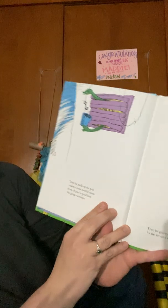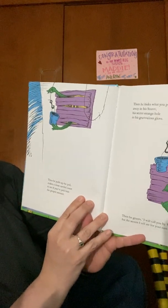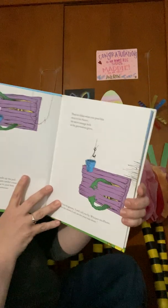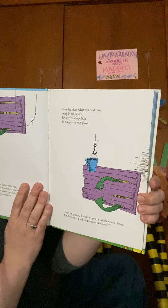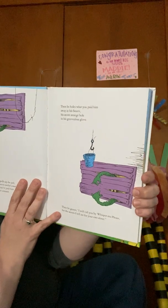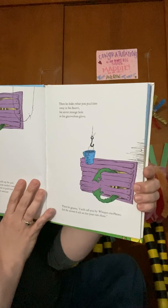Then he pulls up the pail, makes a most careful count to see if you've paid him the proper amount. And then he hides what you've paid him away in his snub, his secret strange hole in his grubby-less glove. And then he grunts, I will call you by whisper my phone, for the secrets I tell are for your